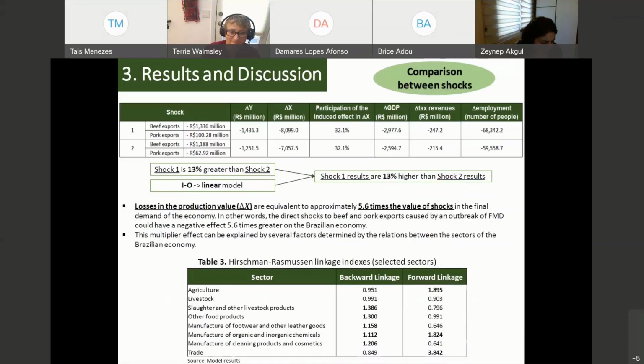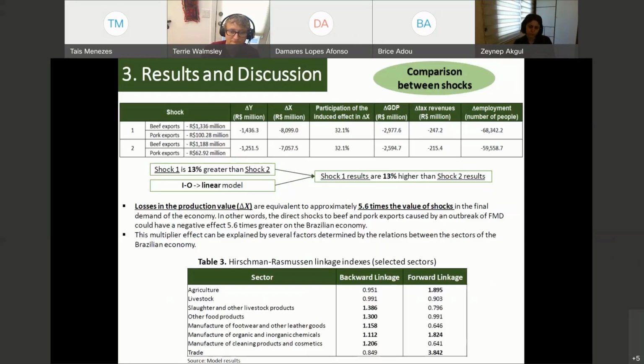From the results, it is possible to observe that losses in the value of production are equivalent to approximately 5.6 times the value of the shocks in the final demand of the economy. In other words, the direct shocks to beef and pork exports caused by an FMD outbreak could have a negative effect almost 6 times greater on the Brazilian economy. This multiplier effect can be explained by several factors determined by the existing relations between the sectors of the Brazilian economy. And a possible cause of this effect can be